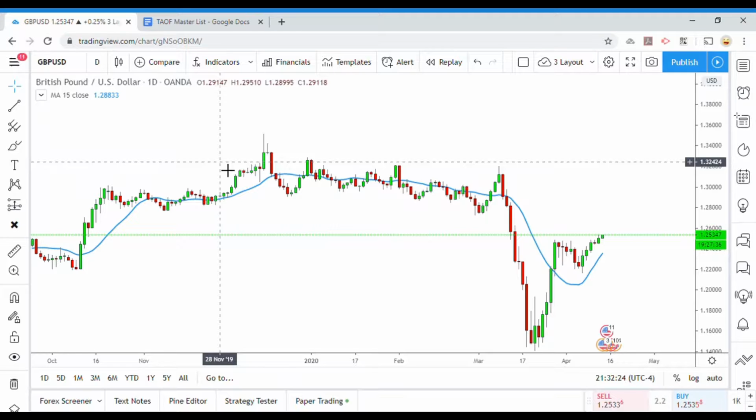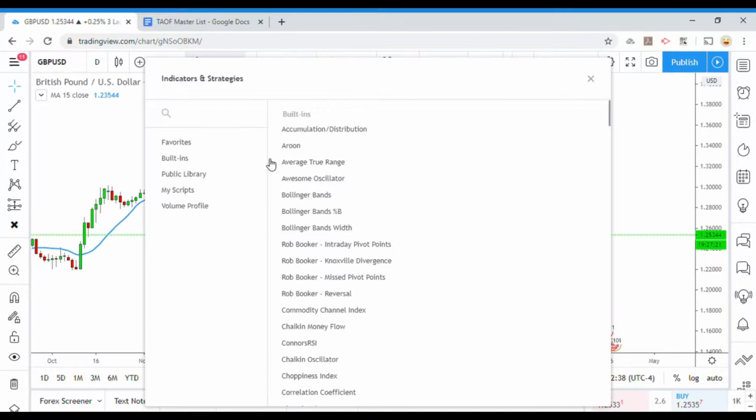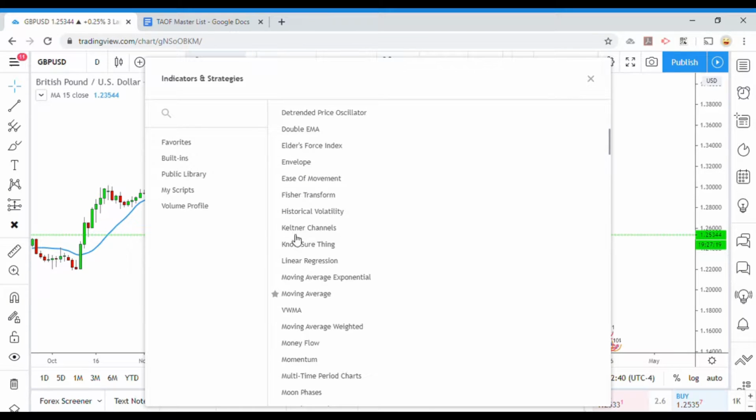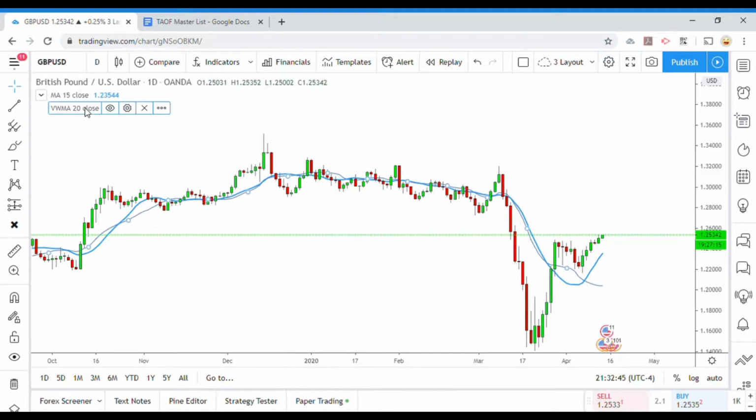I know in one of my previous videos, I mentioned that we should put a, no pun intended, heavier emphasis on weighted indicators. But in this case, I have found that a weighted moving average,